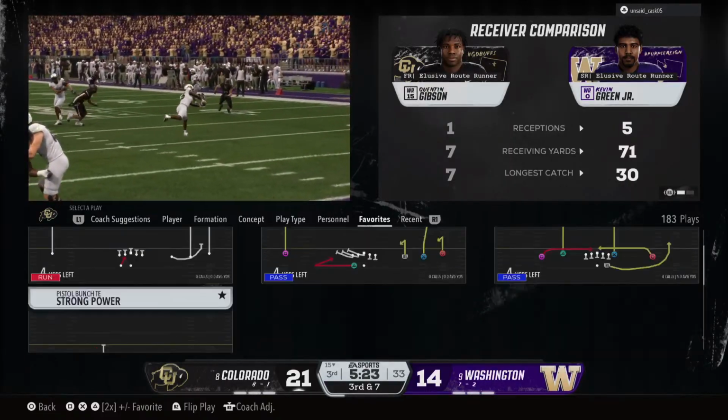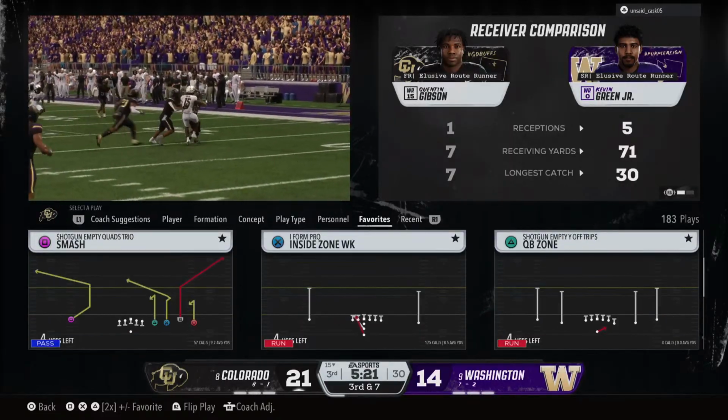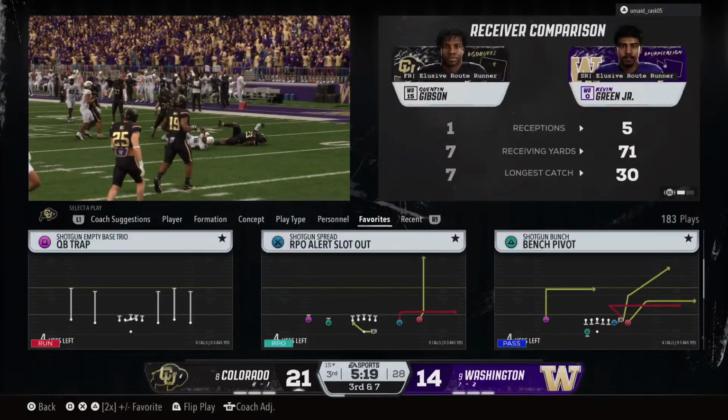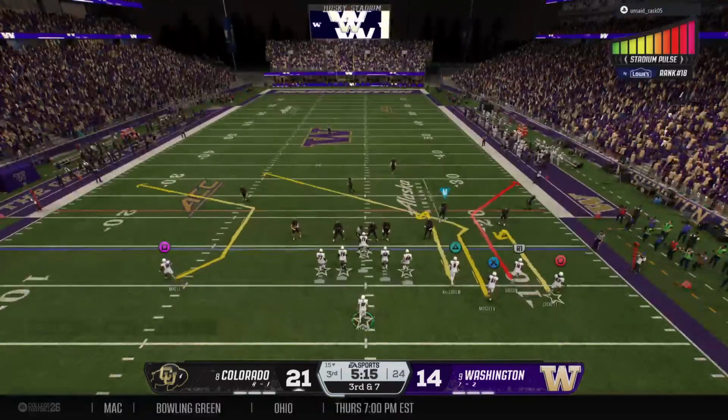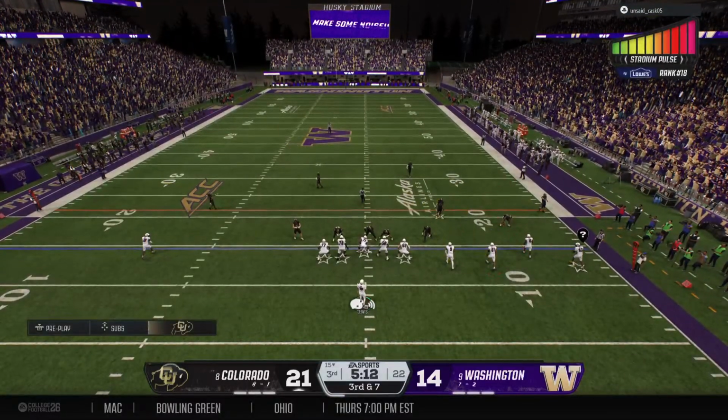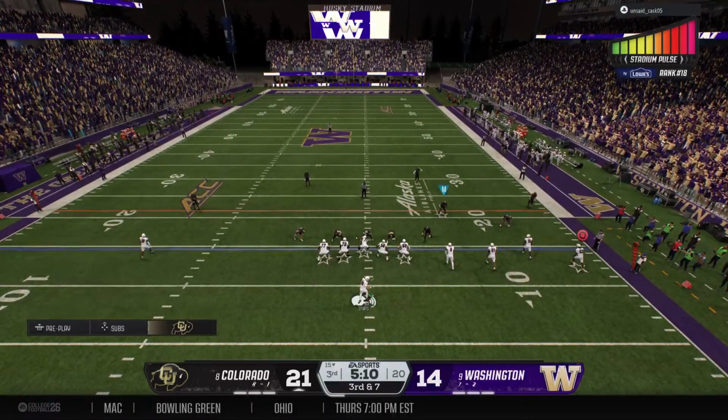Now, you've seen the evolution of these slot receivers. They're just matchup nightmares. They're hard to get your hand on. A lot of times, they're off the football. You can't jam them. These guys are so productive, and offenses really feature their best players most times in those slot positions.